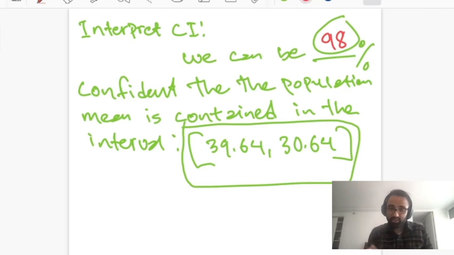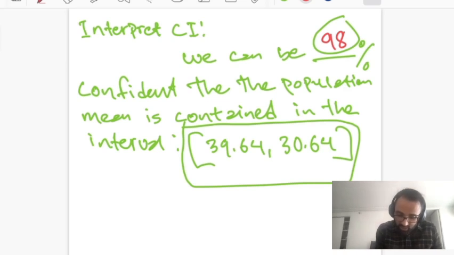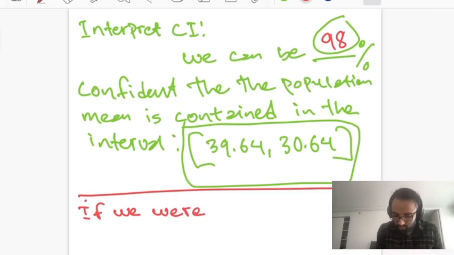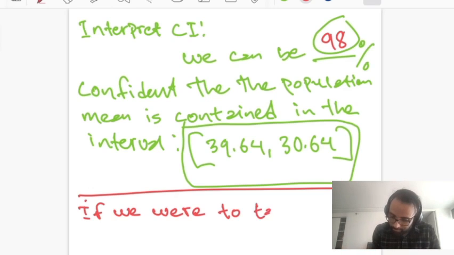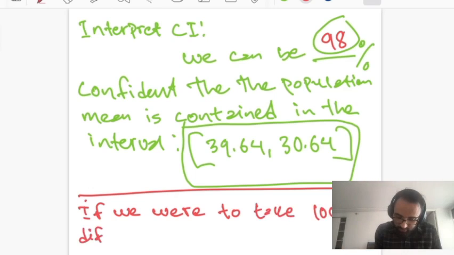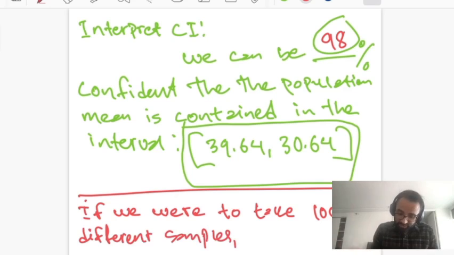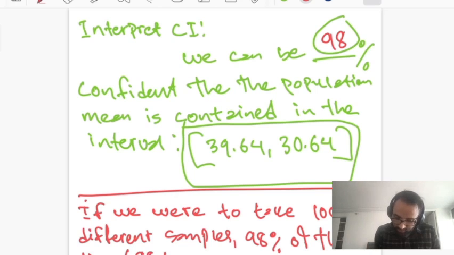The other way that you can say this, which I kind of hinted at, is to say if we were to take 100 samples, so if you were to go back and take another sample, and another sample, 100 different times, 98% of the time, or essentially in this case, because we're taking 100 samples, 98% of 100 is 98. So 98 times out of 100, you would get